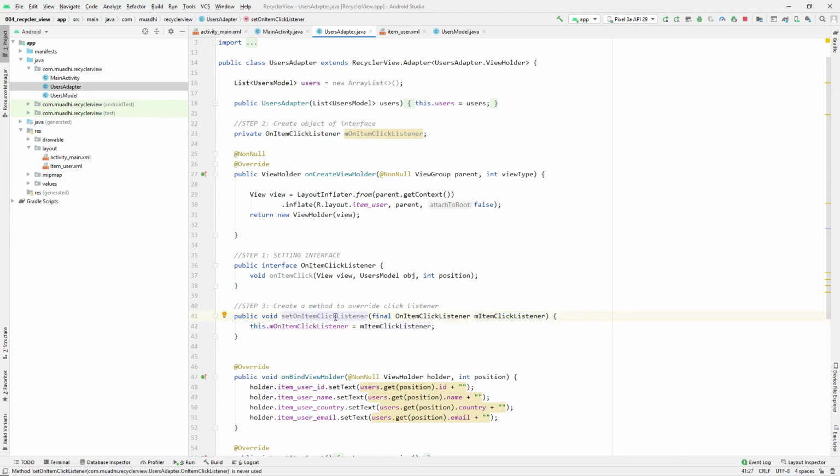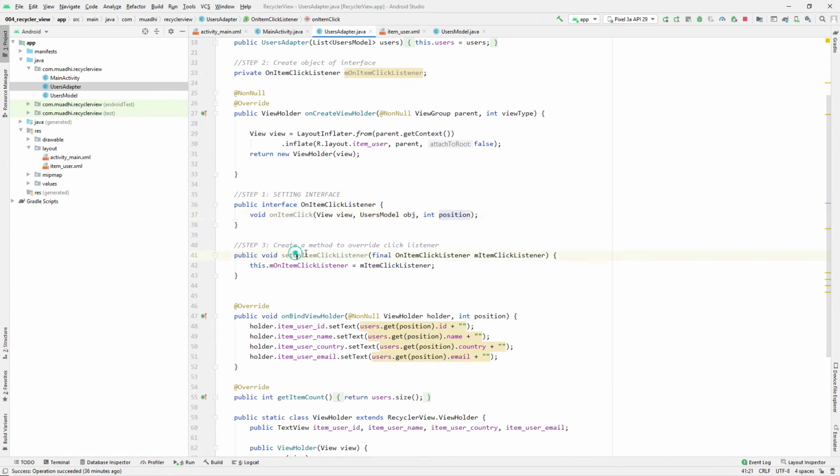When someone implements this one, it will replace it with this, and then it will call this one. So when this one is implemented, it will automatically call the interface of this one, and this interface will know what it will provide: the view where the user clicked, the model, and the position. So what we will have to do is set this click listener